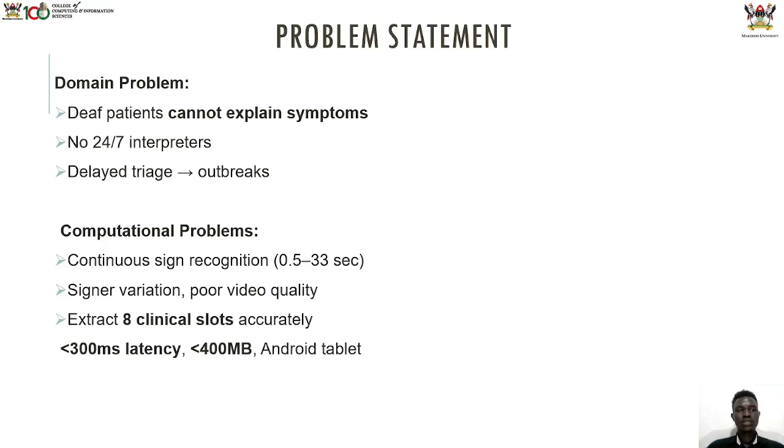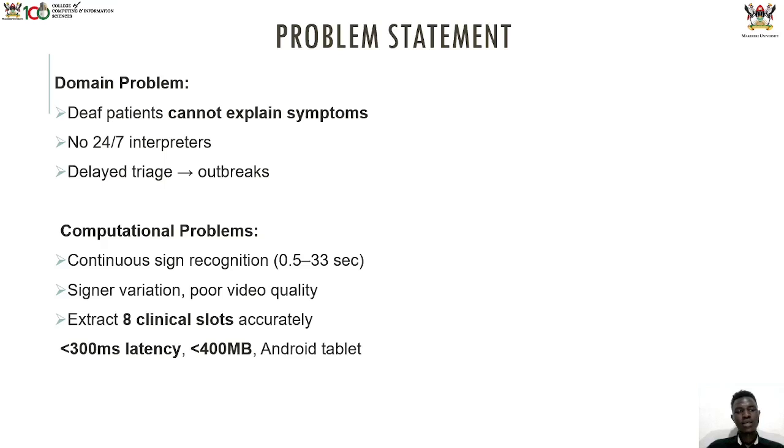If you look at the problem statement, you see that deaf patients cannot explain symptoms to doctors, and when you go to hospitals, you won't find human interpreters there 24/7. Most of them work for a specific time and then leave. Most times there's delayed triage, which leads to outbreaks, or in the case of serious illnesses that need to be taken seriously. Let me give an example of Ebola. If a deaf person has Ebola and they're trying to explain but the doctor is not understanding,